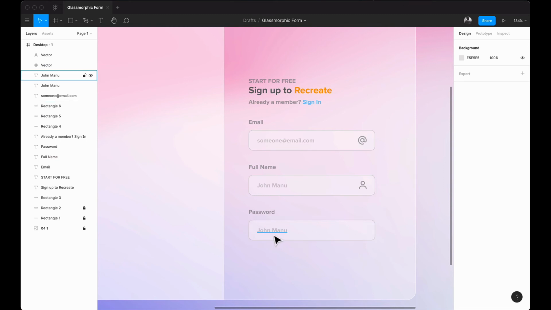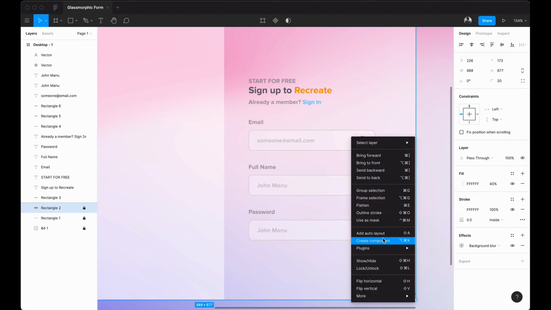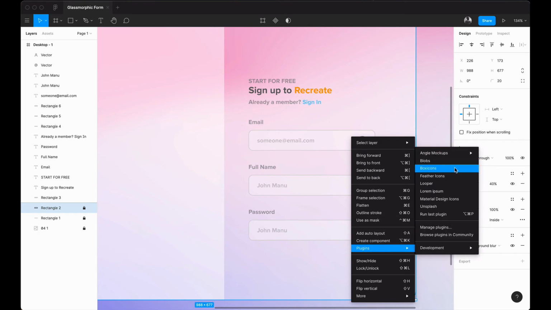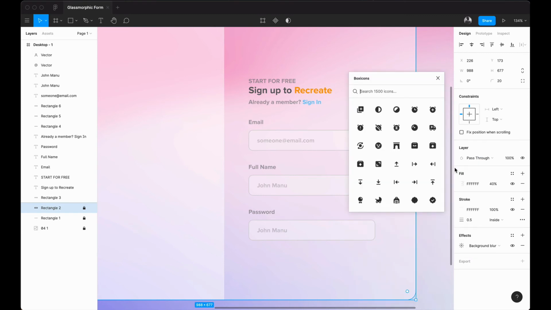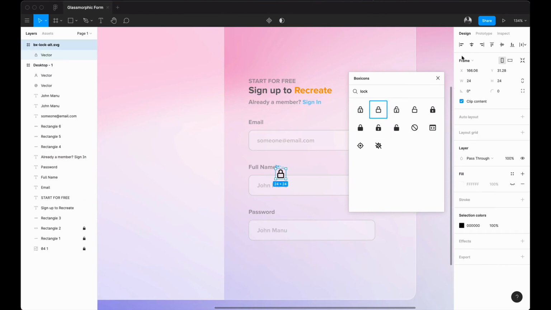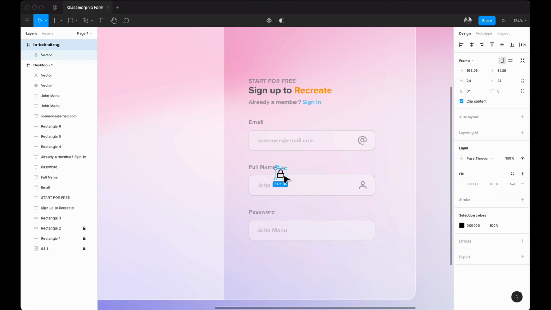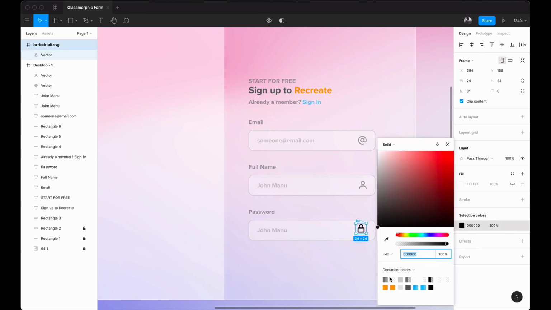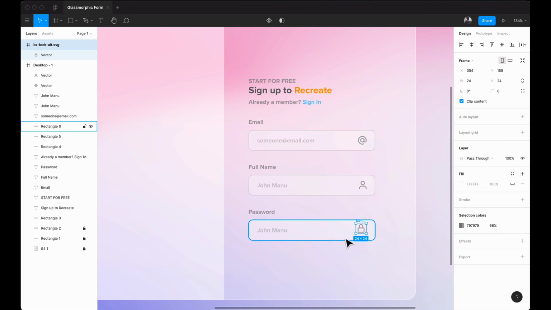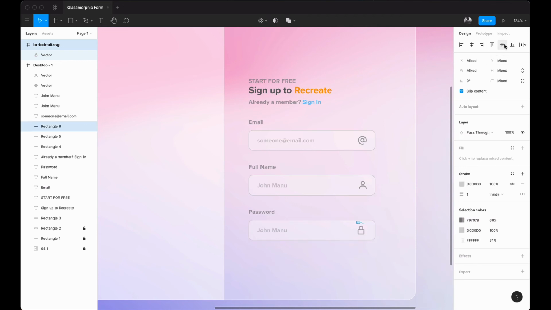And for the password icon, I want to add a padlock. So I'll go to box icons again, and then I'll look for a padlock, and then I'll bring out this one and then drag it into the rectangle, change the color of course, and then make sure to align it vertically,